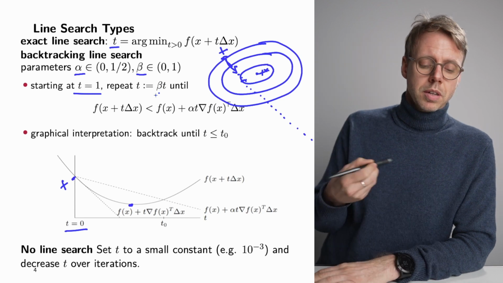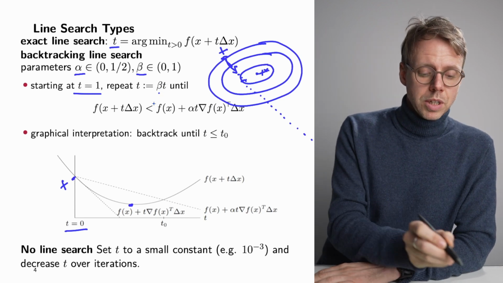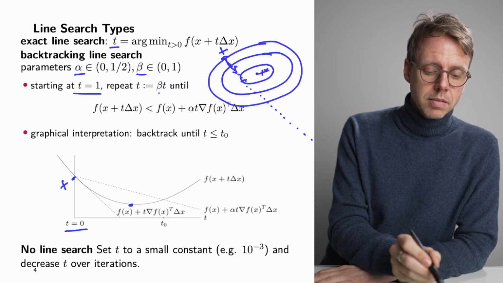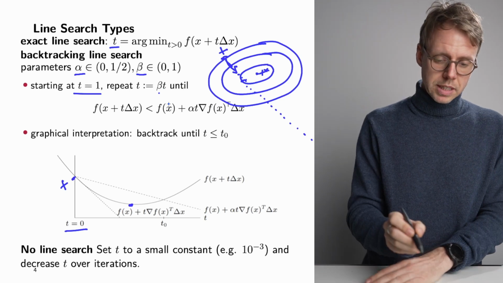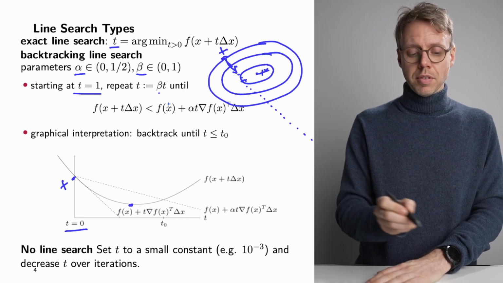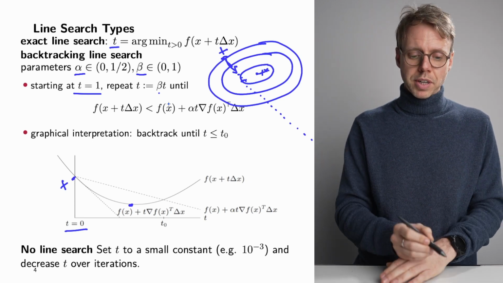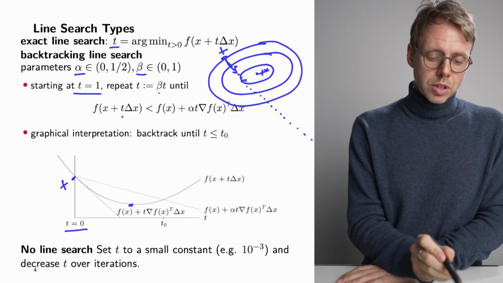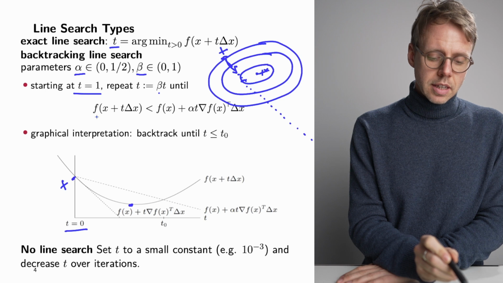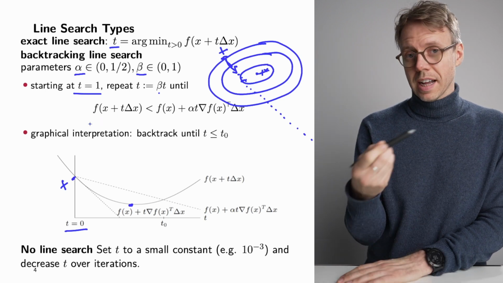Each multiplication would reduce the step size because beta is smaller than 1. Typically, it could be something like 1/2. You could always halve the step size, or it could be 0.9, which means that you would reduce it only slightly. And you would do that as long as the following condition is not yet met, or until it is met,